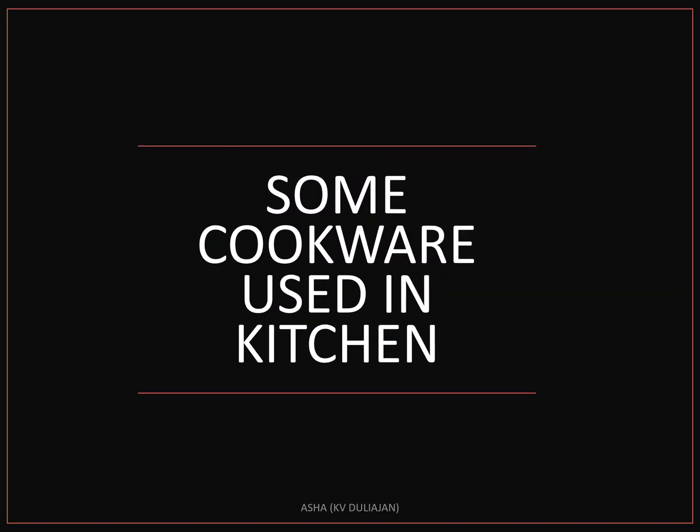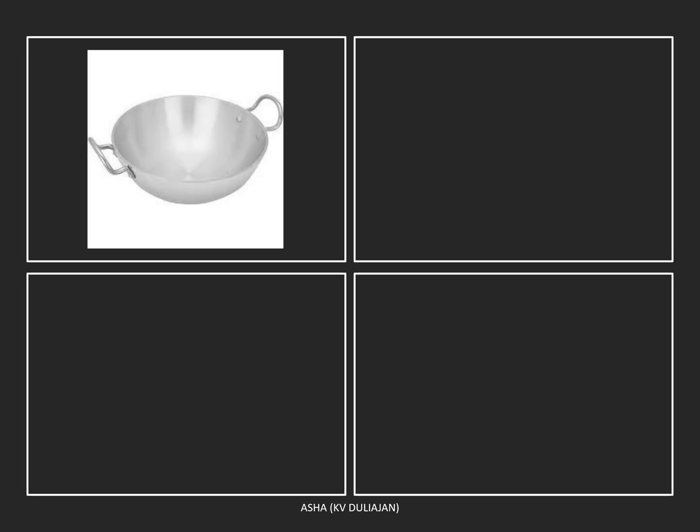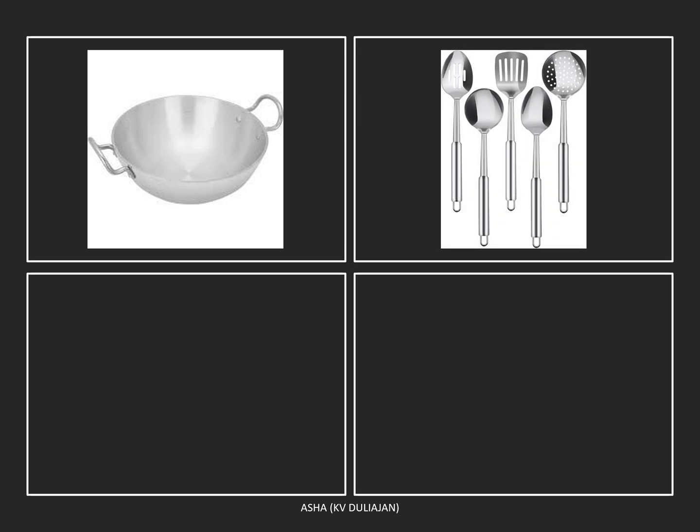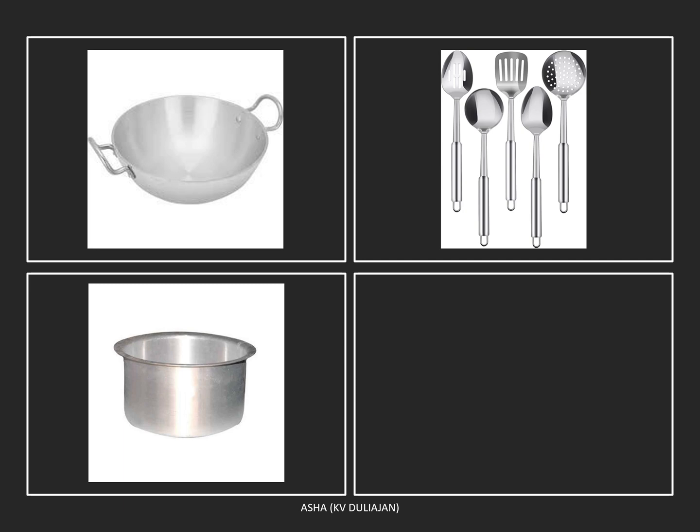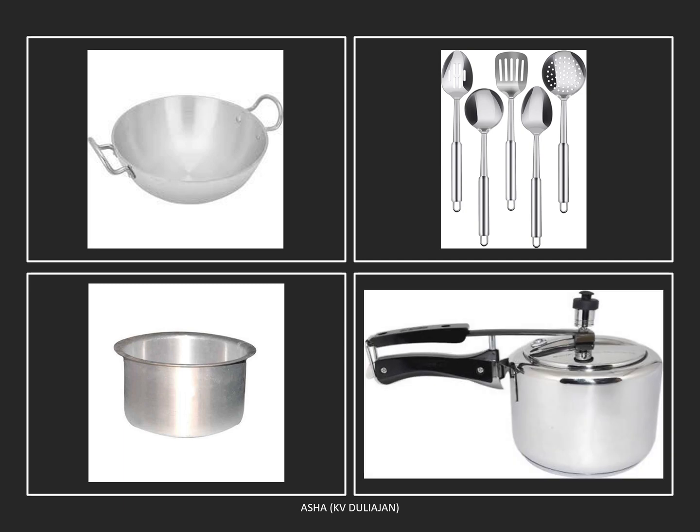Now some cookware used in kitchen. Let's see. This is a wok, that is kadahi. These are some spatulas. This is a patila. This is a pressure cooker. All these utensils are used for cooking vegetables,